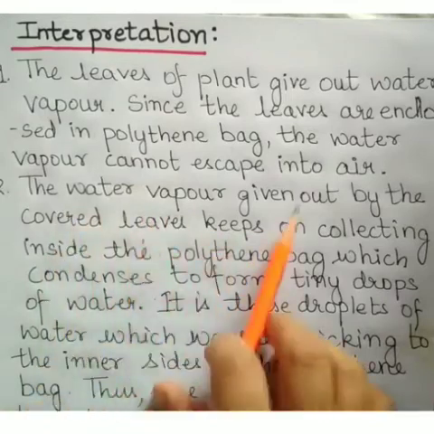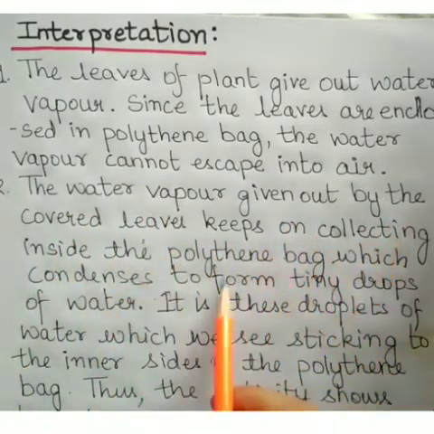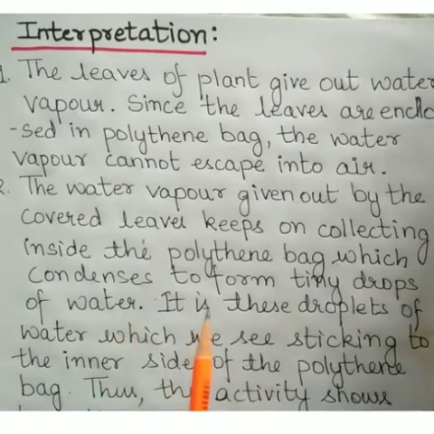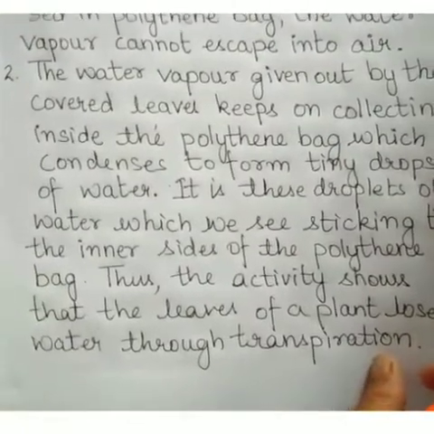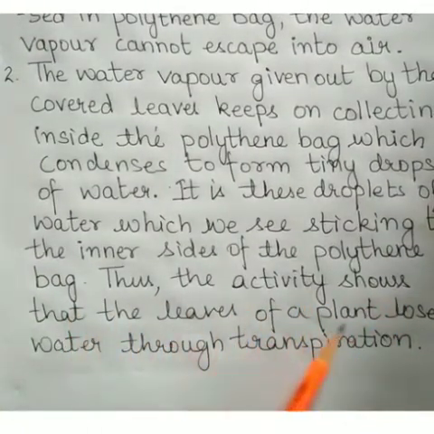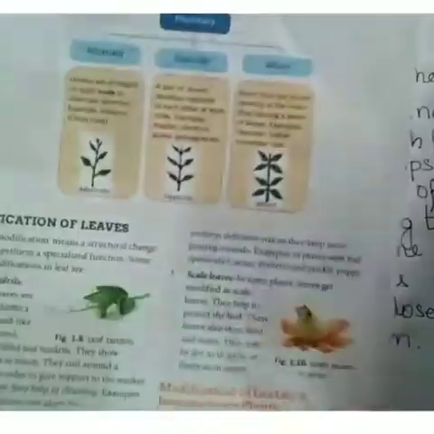So the water vapor given out by the covered leaves keeps on collecting inside the polythene bag, which condenses to form tiny drops of water. It is these droplets of water which we see sticking to the inner side of the polythene bag. Thus the activity shows that the leaves of a plant lose water through transpiration. This is a simple experiment. Here you can see it is given on page number